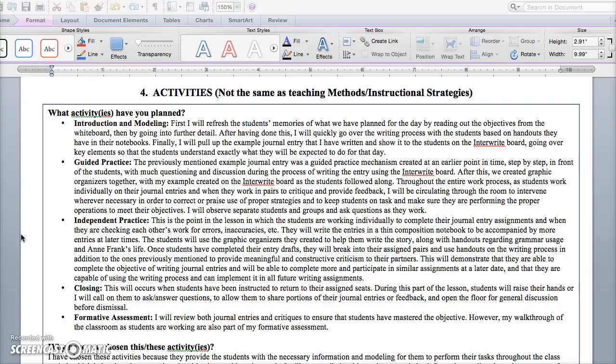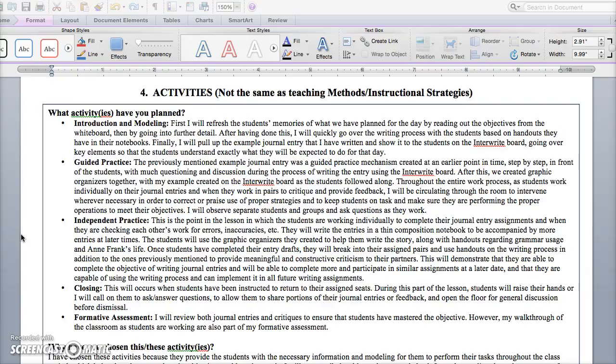Guided practice. The previously mentioned example journal entry was a guided practice mechanism created at an earlier point in time, step by step, in front of the students, with much questioning and discussion during the process of writing the entry using the whiteboard. After this, we created graphic organizers together, with my example created on the whiteboard as the students